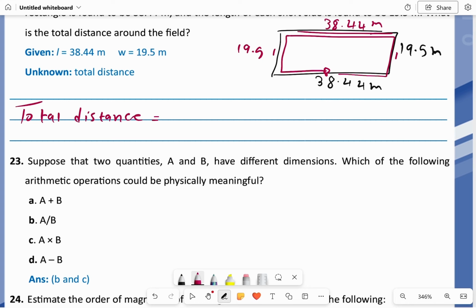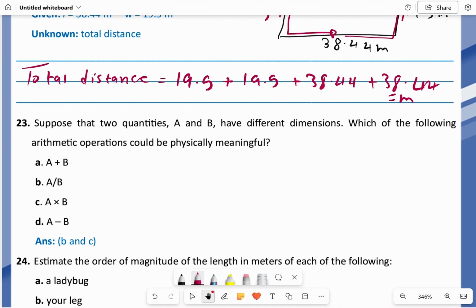Or you can just write it as 19.5 plus 19.5 plus 38.44 plus 38.44. And you'll get the result in meters. Just add them and